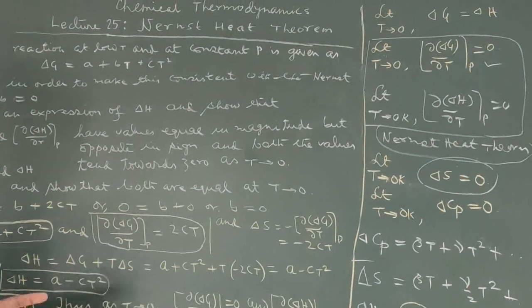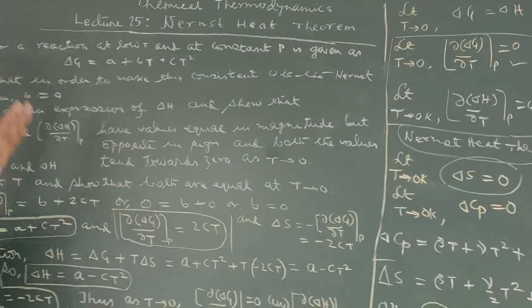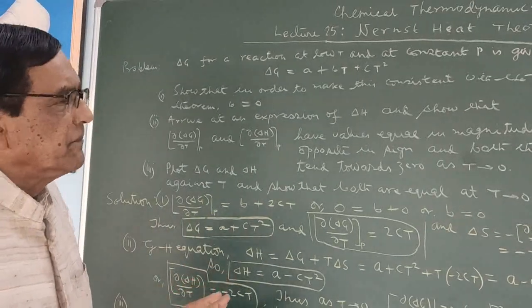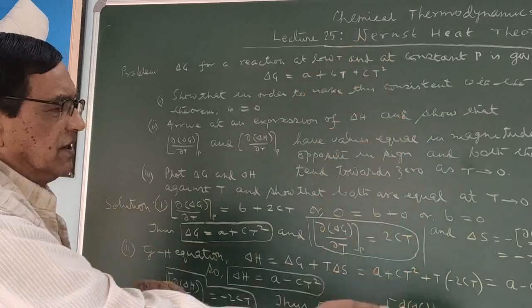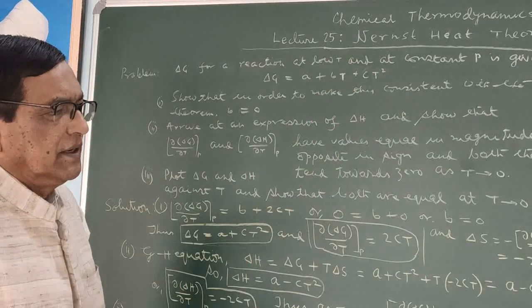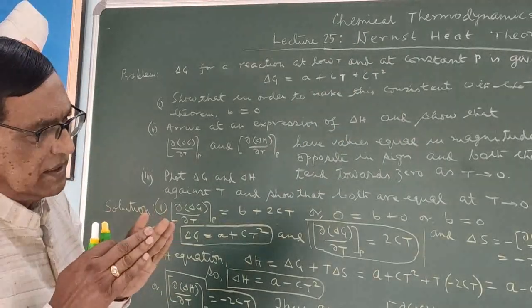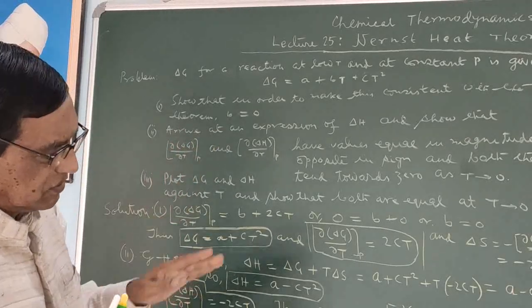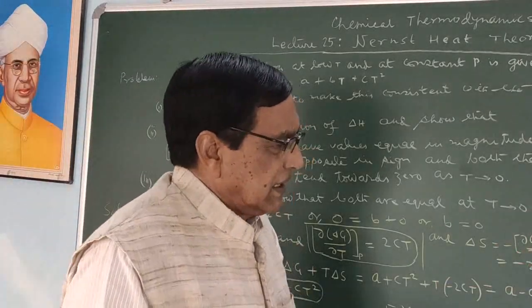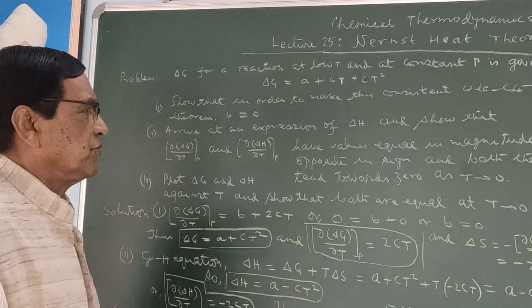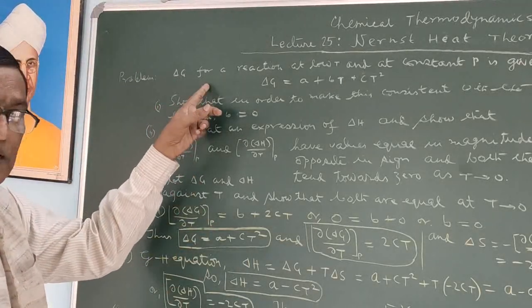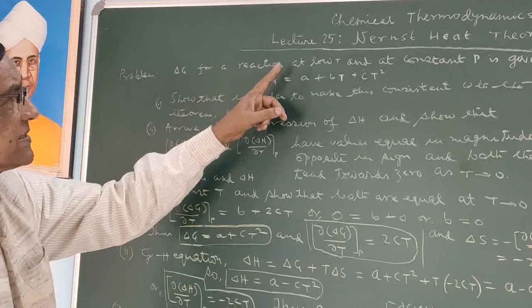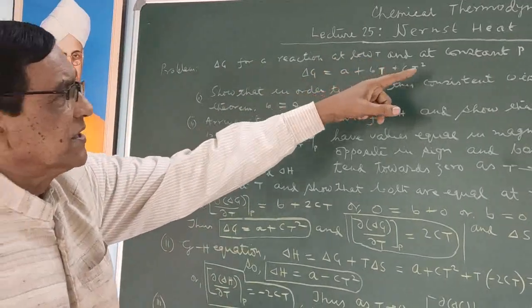I would like to set one example which actually explains all these subject matters. And this example is: delta G for a reaction at low T and constant P is